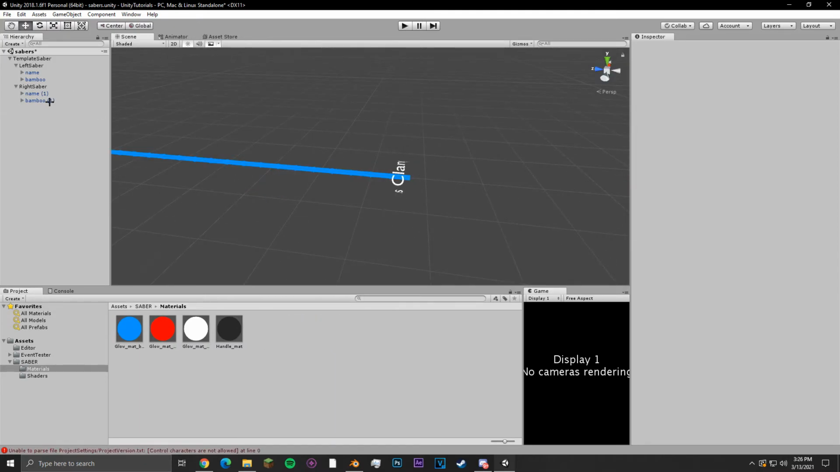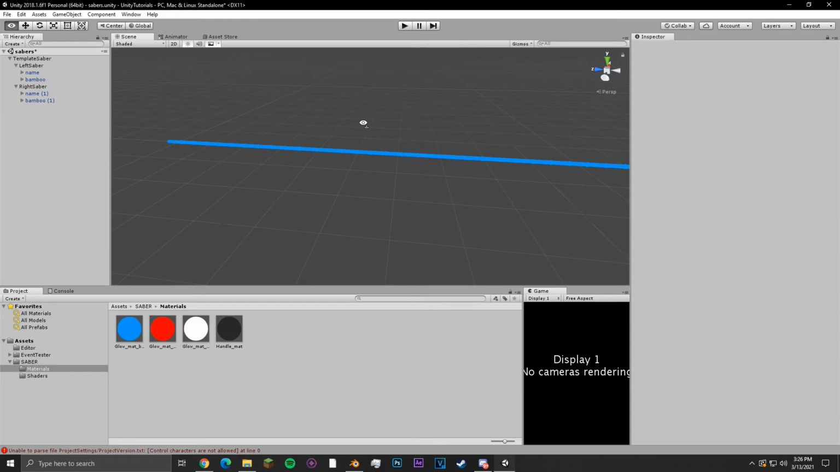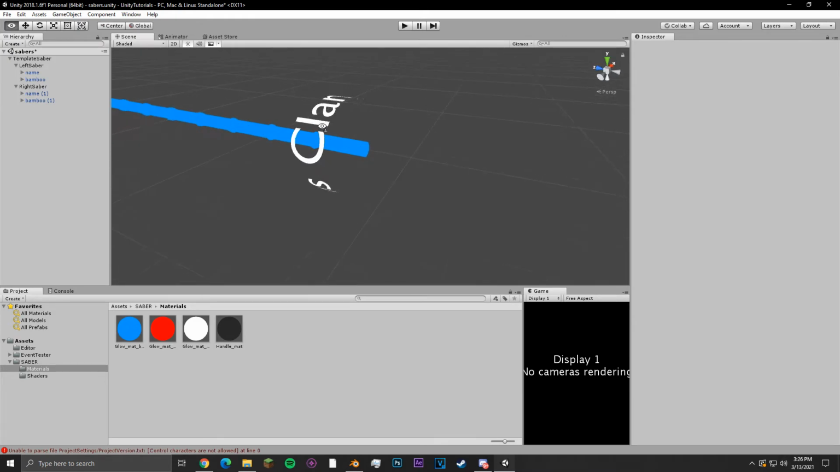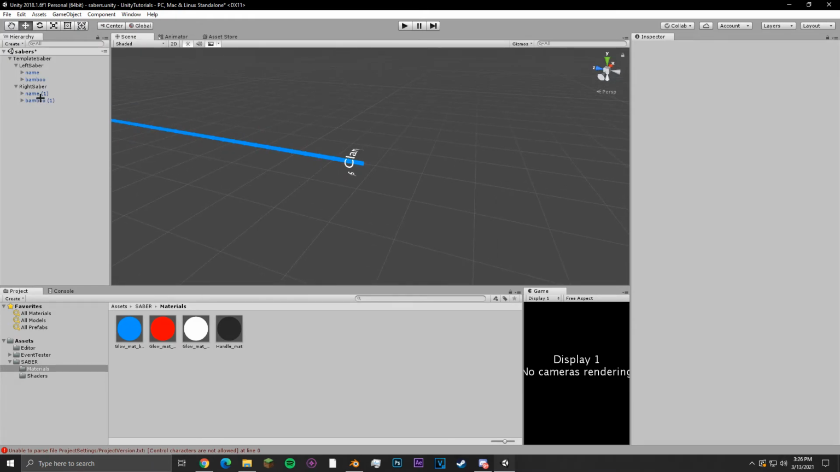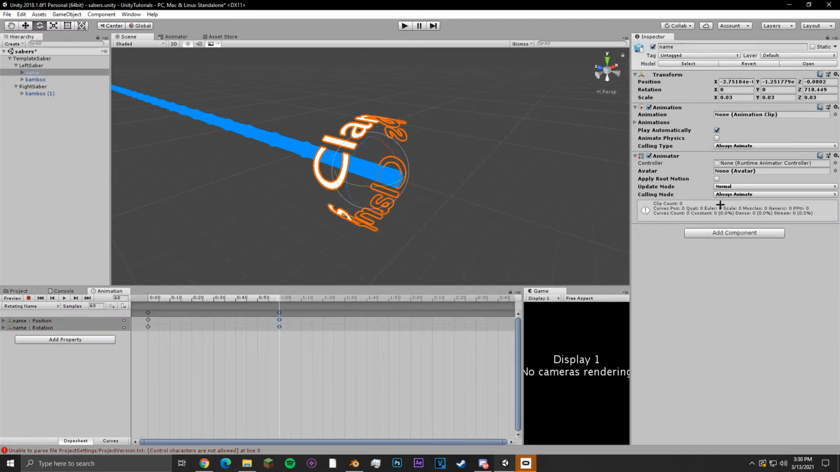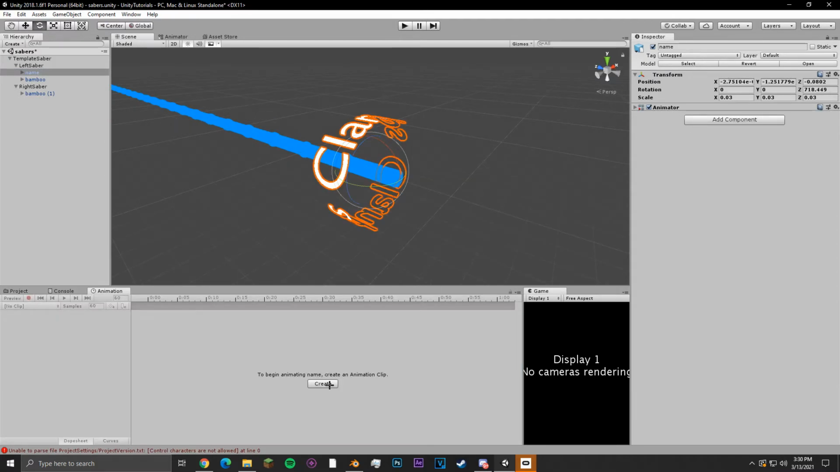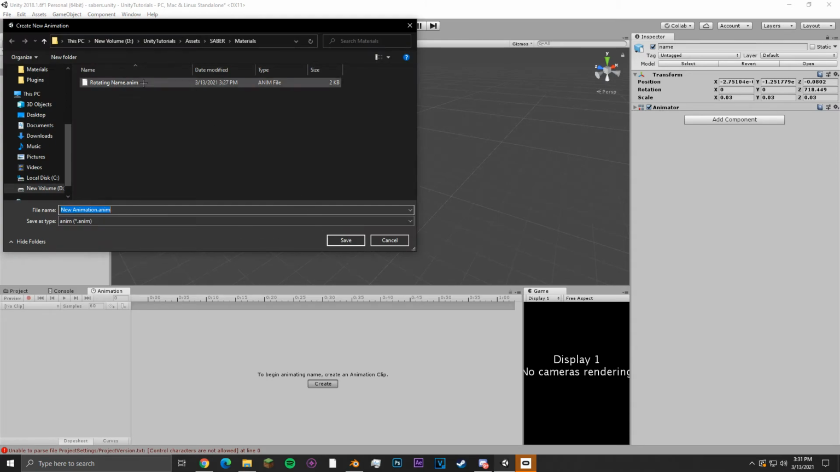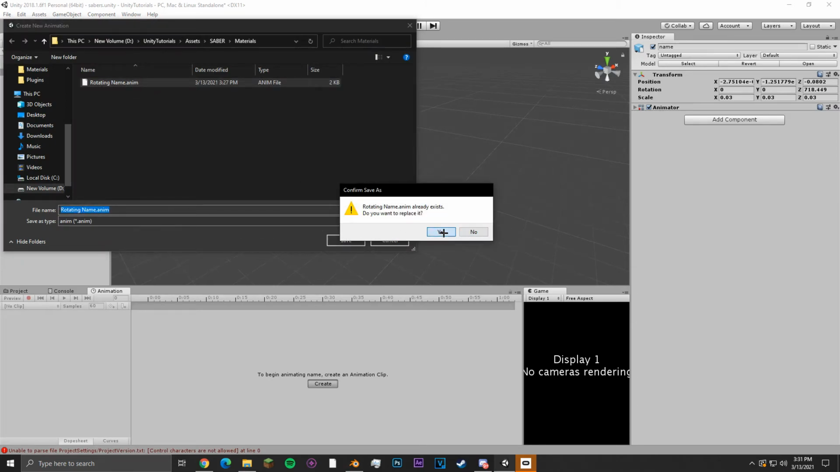And if you want to animate this, you could be done here after you put a trail on it. I'll demonstrate how to put a trail on after this. So just for simplicity's sake, I'll delete one of the names for now, and you'll want to add a component, and it'll be animator, and you don't need to open that menu. Rotating name, yes,